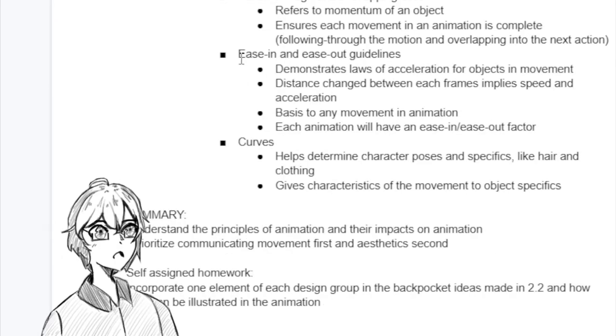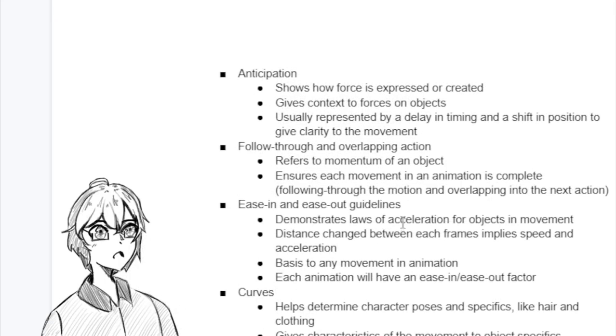Next is your ease in and your ease out guidelines, which demonstrates laws of acceleration for objects in movement and is really just defined by the distance change between each frame, which implies speed and acceleration. It is the basis to any movement in animation, and each animation will have an ease in and ease out factor. So still using the jumping example, you would see a lot more frames at the bottom as the character